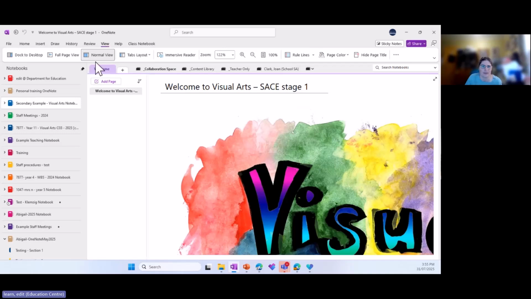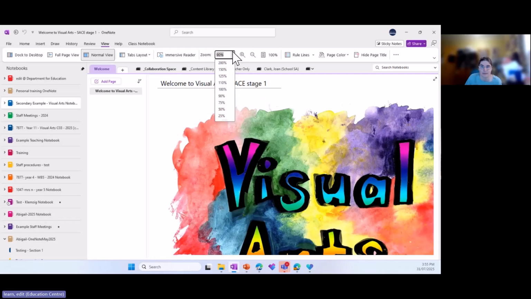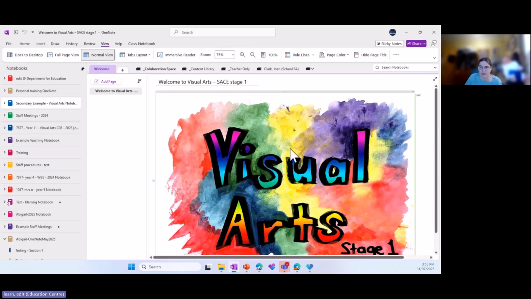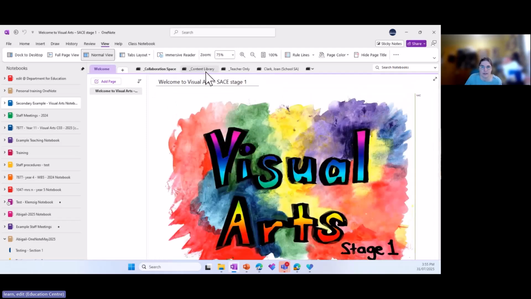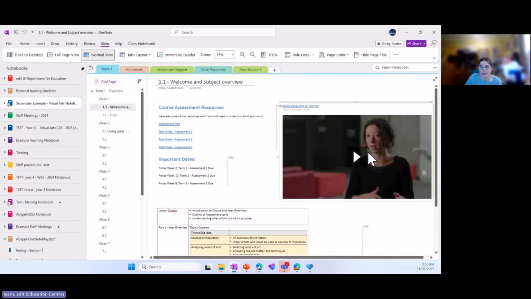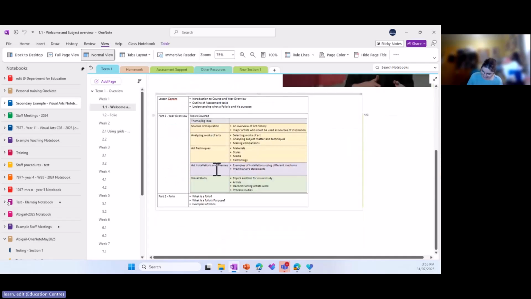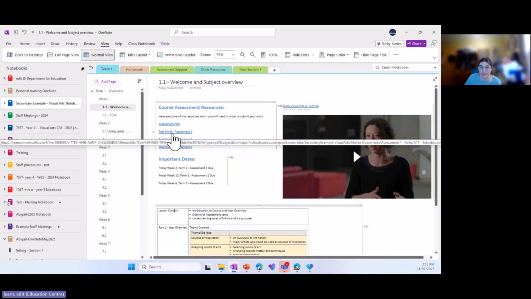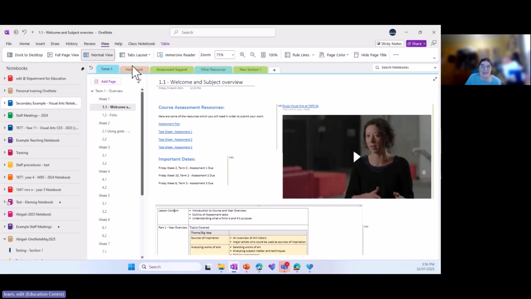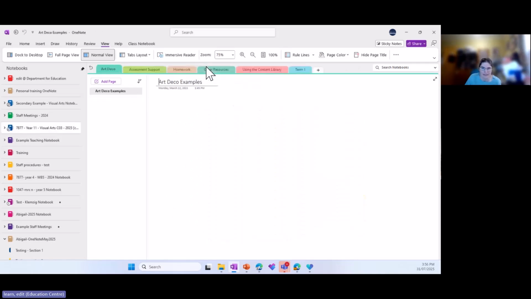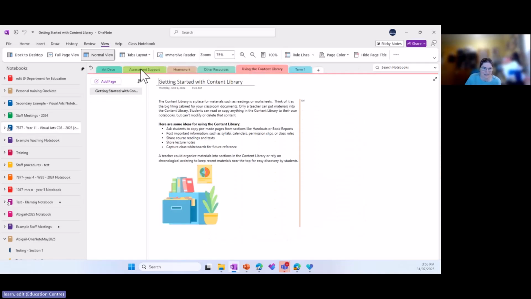you can put all sorts of things into a OneNote. It's not just text. And so you can put images. If I go to my content library, you can embed videos. You can put in tables. You can link to things. So this is a link to a file that's saved in a Teams. You can embed Teams. I don't think it's in this one. Let's see if it's in this one. No,